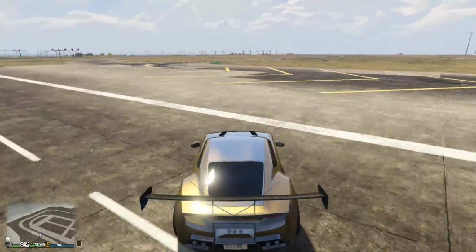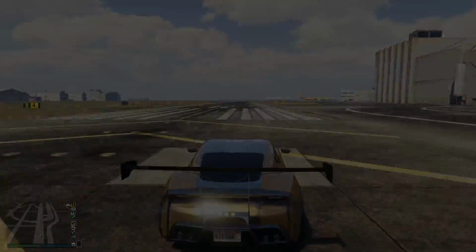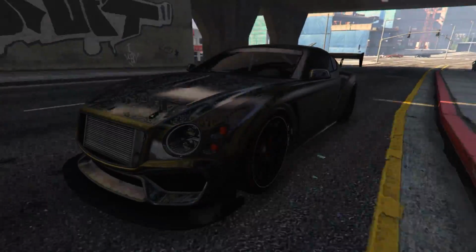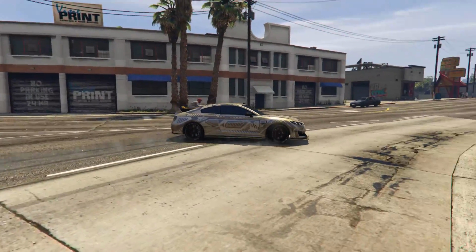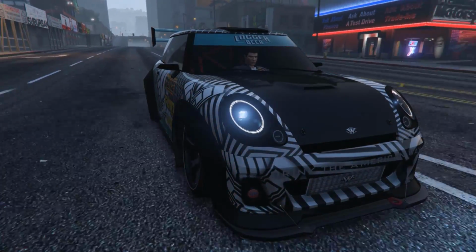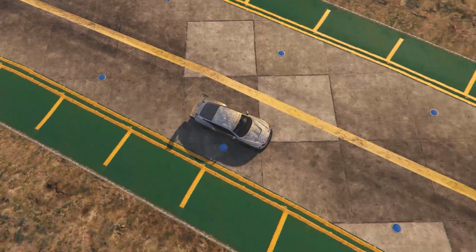So ignoring the fact that these things are obsoleted by an older car, let's do the rundown. This thing is most expensive but has nothing going for it in my opinion. This thing is the cheapest and is my most favourite to customise out of the three and has the best handling in my opinion, and this thing is alright. So yeah, that's what I think of the new sports cars initially released as part of the Diamond Casino and